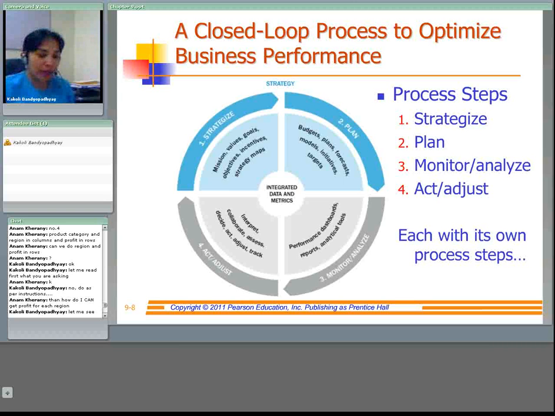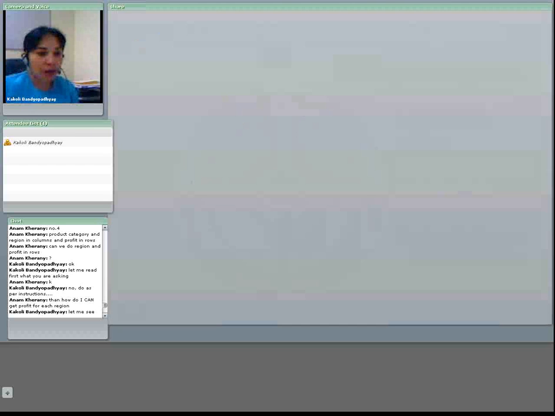Okay, the next item would be some of the BPM benefits. As you can see, it improves communication, improves collaboration, improves control, improves coordination, so on and so forth. Okay, now I will go to the performance strategy slides to talk about other issues. Performance management strategy slide. We will talk about KPI or key performance indicator next.